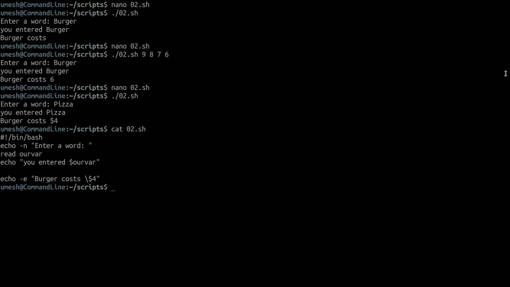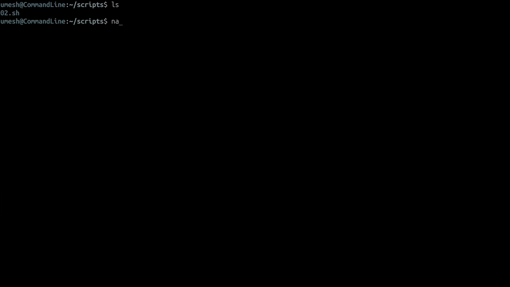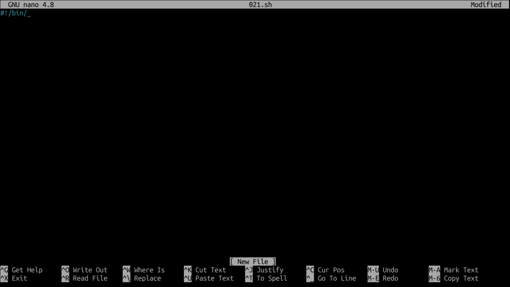We can also take user input and print the line using the read command instead of the echo command. So if you have a lot of lines in your script, that will shorten your number of lines. Let's see that example. Let's do nano 021. Read -p "May I ask your name?", for example. And in this case, we define the variable as name, and we just print echo hello $name. Exit 0 is optional, but good practice to have.